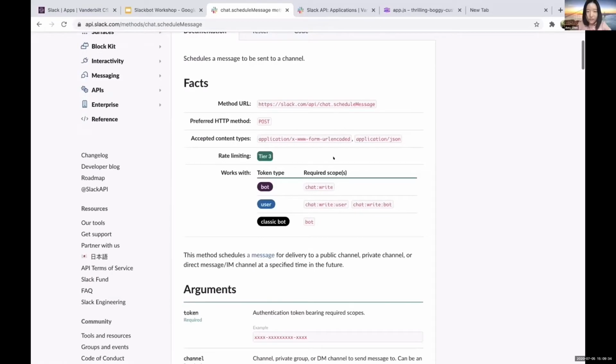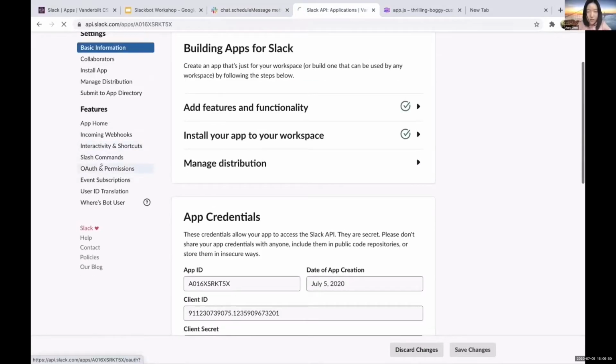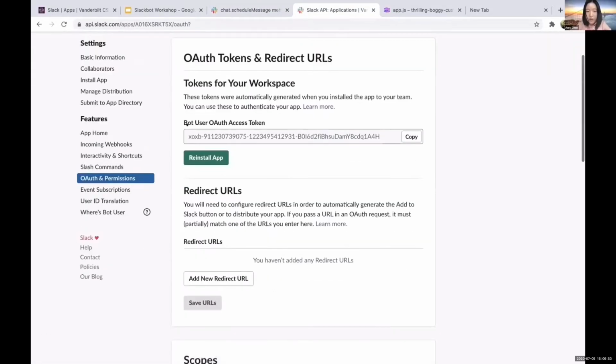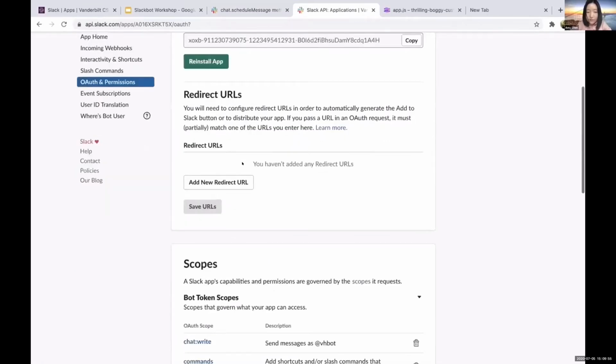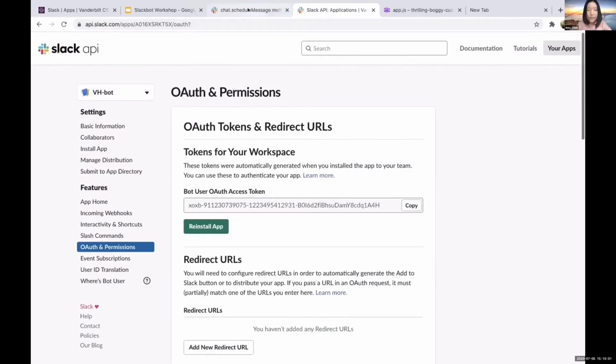So looking at the facts, what we need is a bot token. Token type is a bot, which is exactly what we added, and required scope chat:write. So when we're looking back at our VHBot API, we go to our OAuth and see that, okay, we have a bot token, and scopes we have chat:write. So we basically got everything we need. Then we can go into